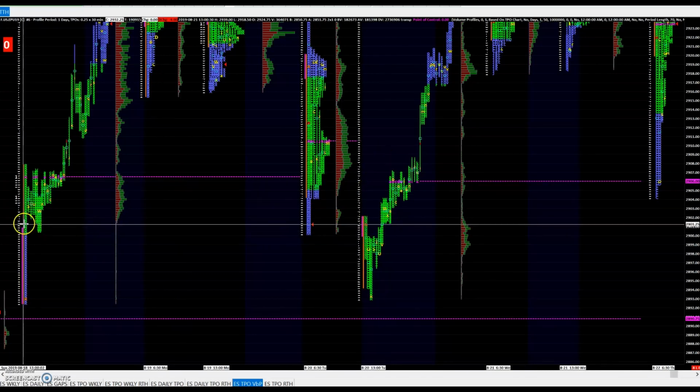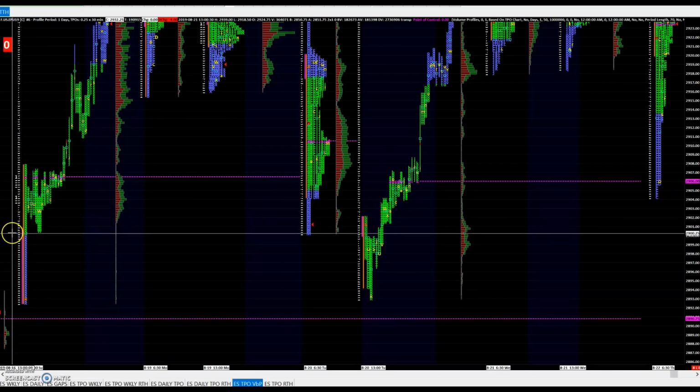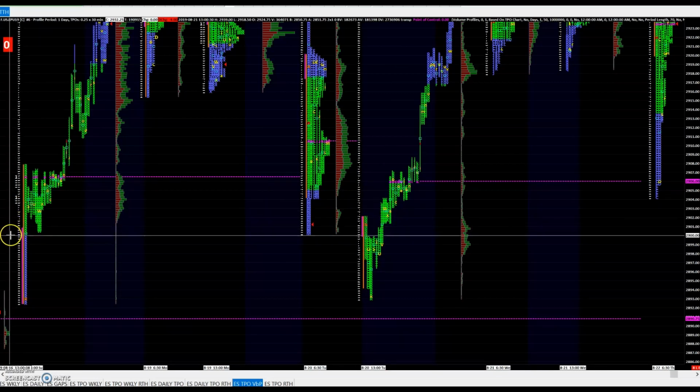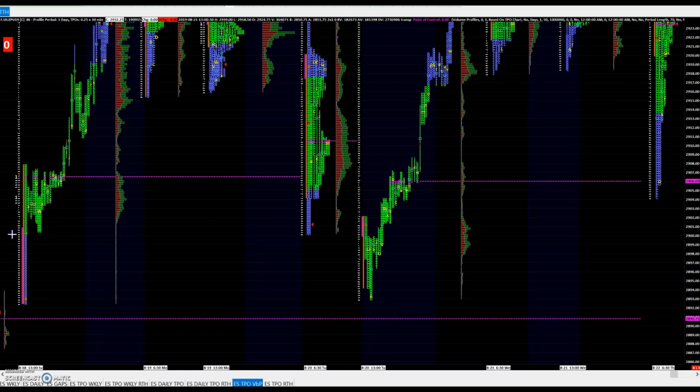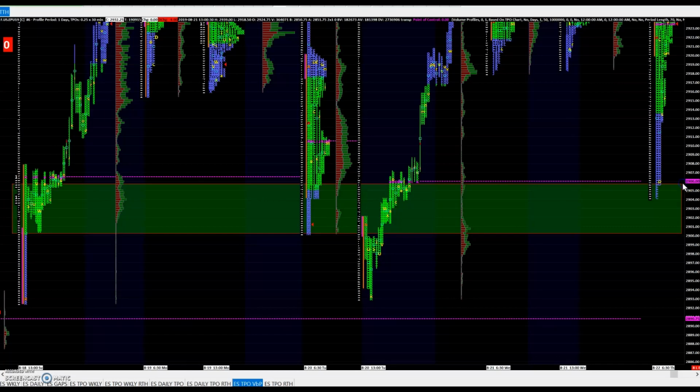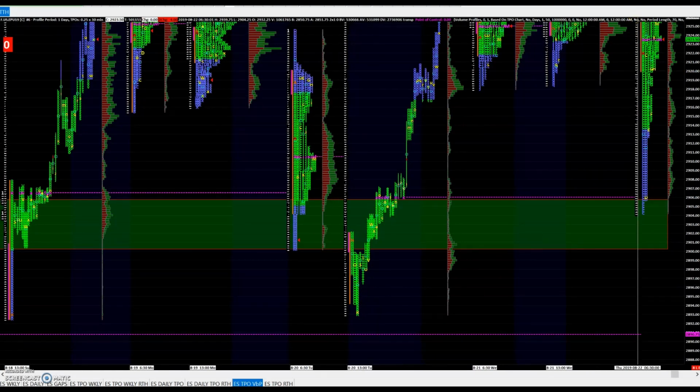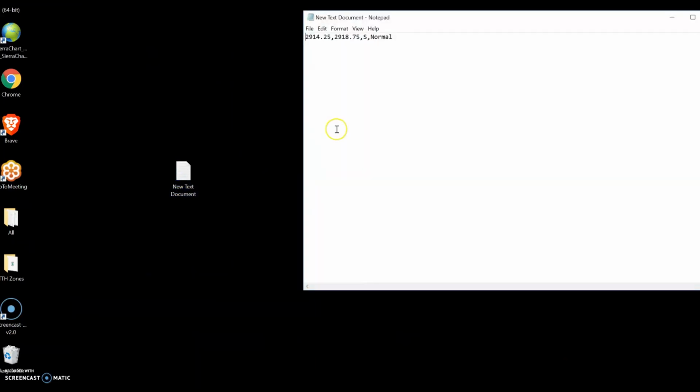So we draw the rectangle again, 2900 to 29.004, just about. We can actually put up to this D low at 29.05.75. Yeah. So let me go back into the notepad and I add this again. I say 2900, 29.05.75 support, and this is going to be the aggressive support,